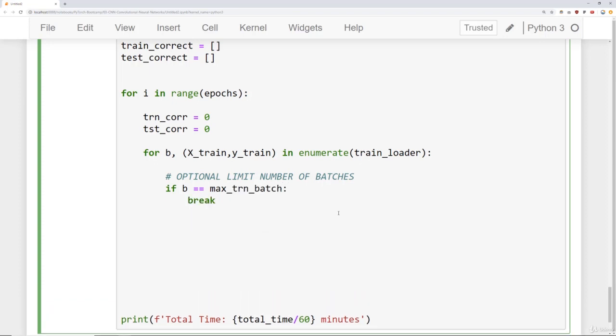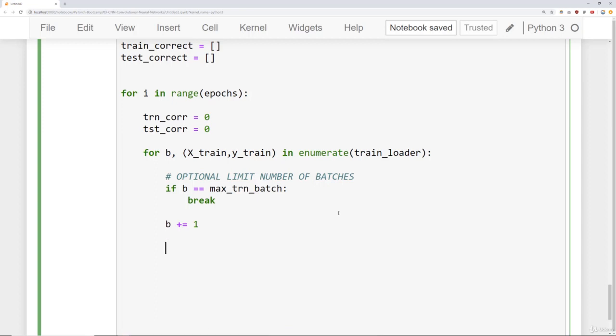Okay, so again, this is optional, and it's just to save us a little bit of time at the cost of not training on every single image. And then what we'll say is we'll just simply run the model. So how do we actually get a predicted image? We simply, into our CNN model,